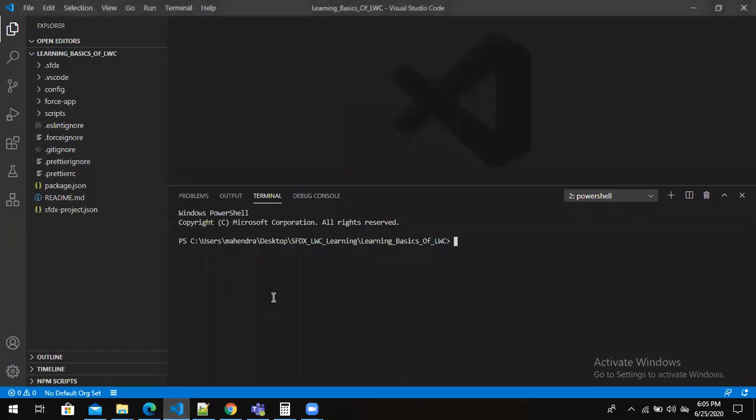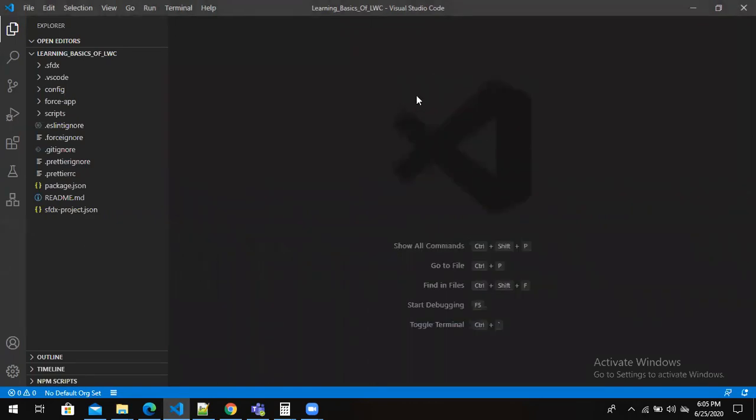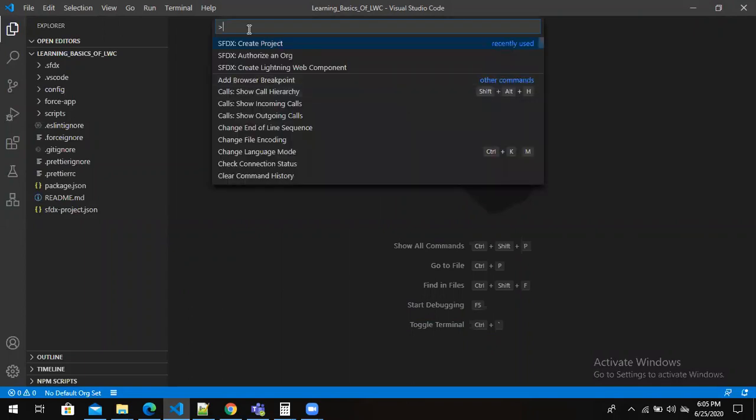We'll see that. I don't want to manually type my commands to create any LWC component, or to migrate to a destination org. So what I'll do is make use of this auto suggestion box, by pressing Shift Control P. Here we already have a project, and currently the cursor is also in the newly created project. The next step is we were planning to create a lightning component, right? Use your up arrow and down arrow to navigate to the correct command.